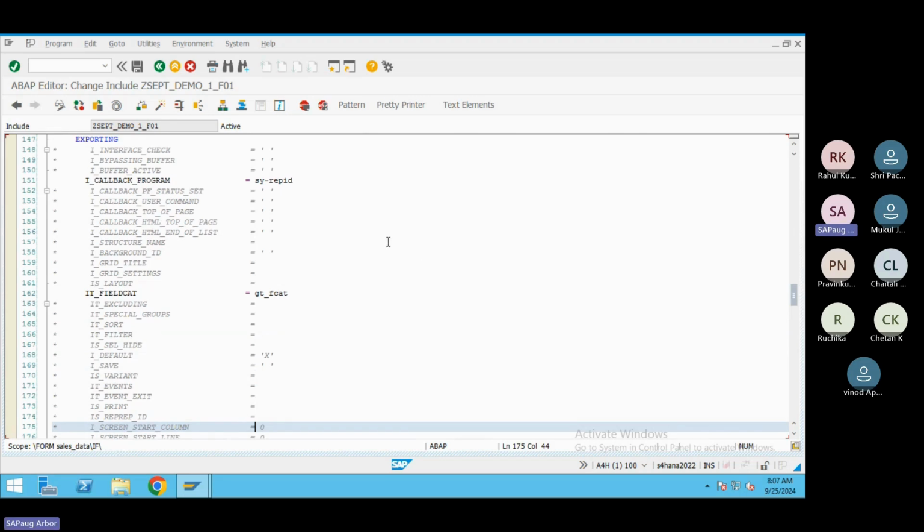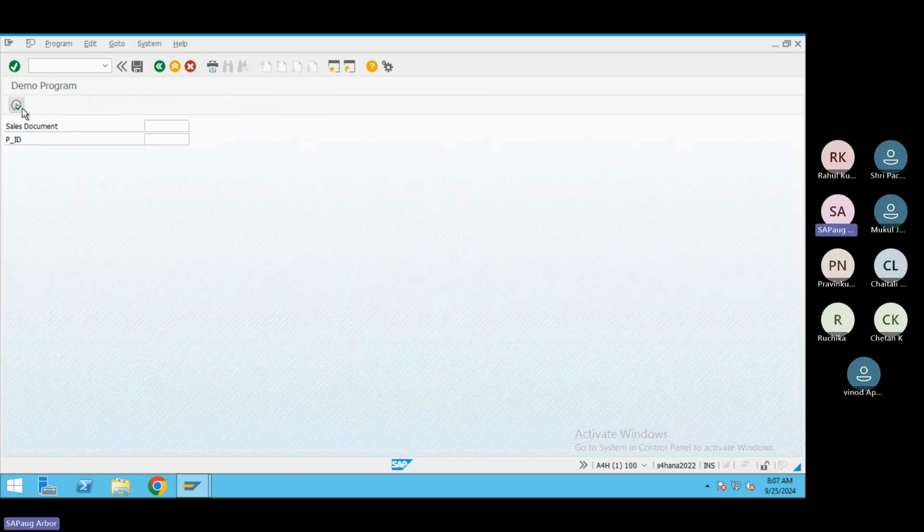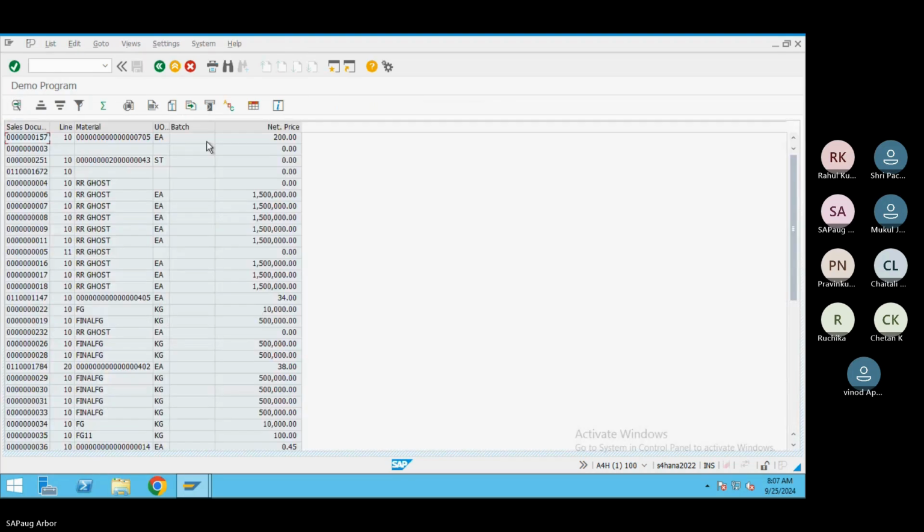So what is the use of user command? When a user is doing any action on the output here on any field, it will capture on which field it is doing an action. Suppose I want the details of this sales document. Okay, so